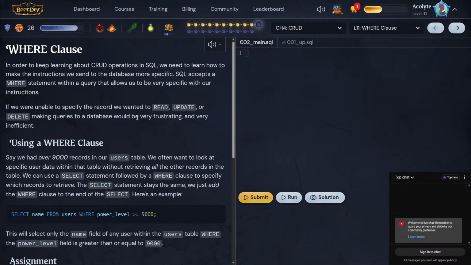Where clause. In order to keep learning about CRUD operations in SQLite, we need to learn how to make the instructions we send to the database more specific. SQLite accepts a where statement within a query that allows us to be specific with our instructions. If we were unable to specify the record we wanted to read, update or delete, making queries to a database would be very frustrating and very inefficient. Using a where clause,